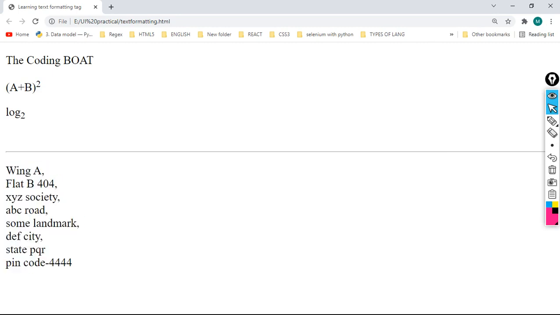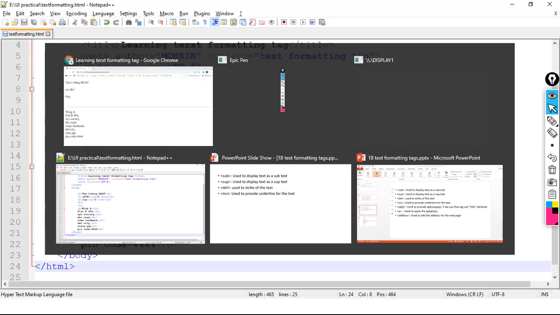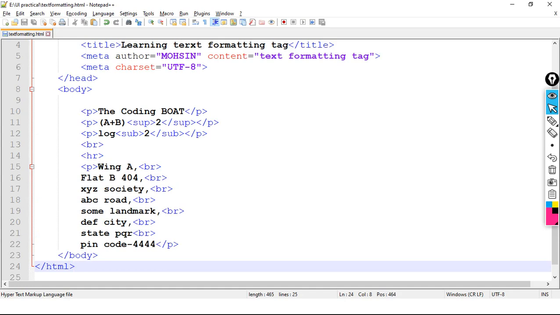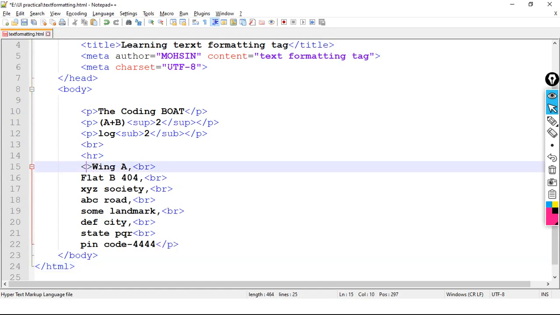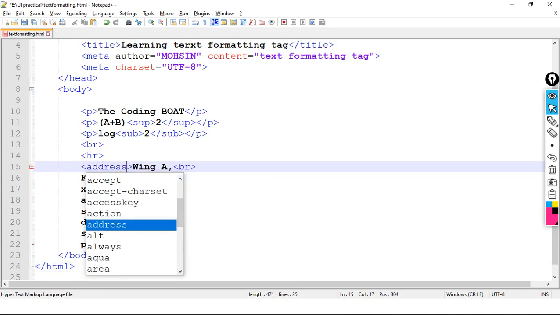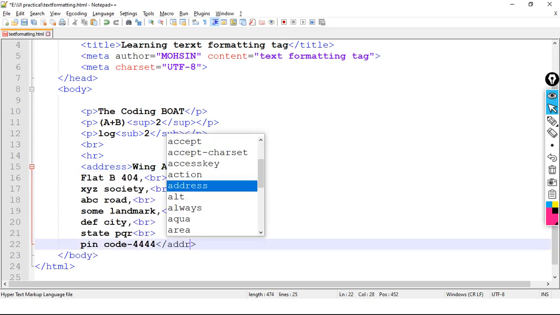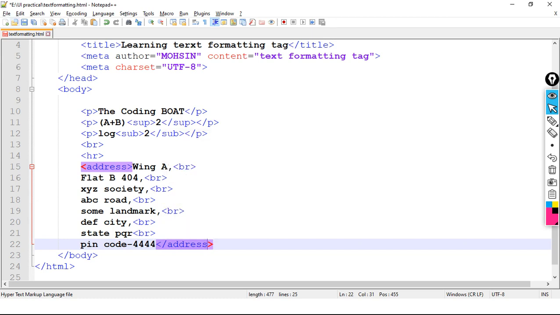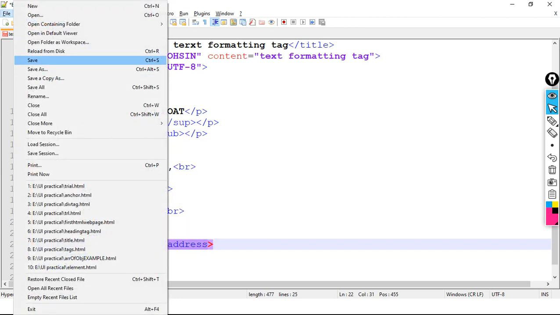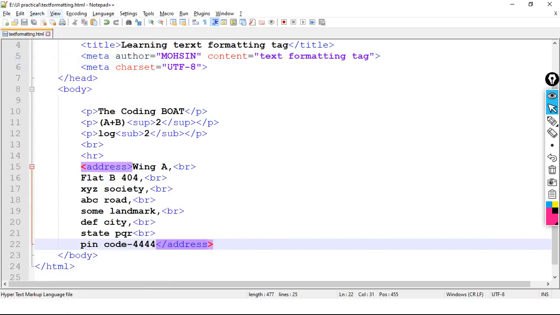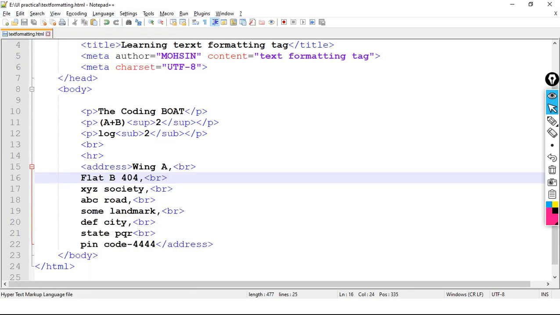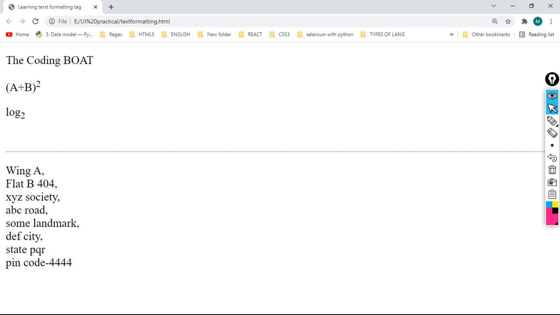But suppose instead of this I make use of the address tag. See here, address, and here address. Okay, now let's save the code and then refresh the page.